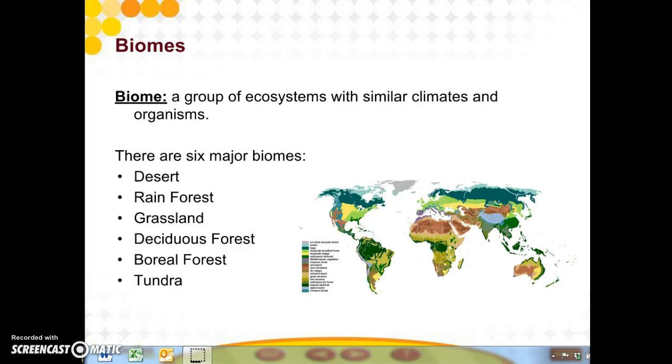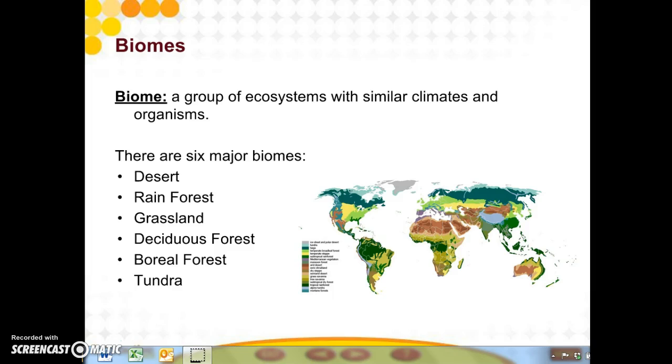For those of you who were gone, you missed Bill and I, so this is how we're going to get you all caught up. A biome is a group of ecosystems with similar climates and organisms. So, really, all of these areas of the Earth have certain things in common. You'll see the same type of animals, you'll see the same type of plants, and you'll see the same weather